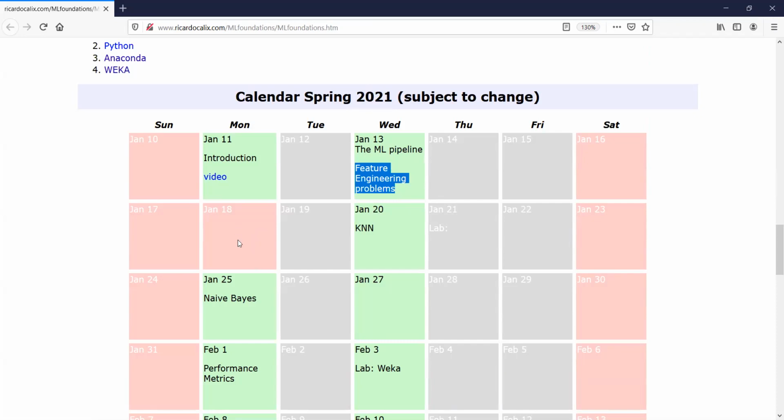Next week, as you know, it's Martin Luther King Day, so it's off on Monday. And then, as I said, we'll get into the algorithms. So KNN, naive Bayes. You can see, because this is a foundations course rather than an applied course, I mean, it's an applied course, but rather than just having that focus on problems, this one has a focus on foundations. We're going to look at the algorithms. And the algorithms are actually straightforward. As you'll see, we'll start with KNN and naive Bayes, which are two algorithms that we can easily implement in